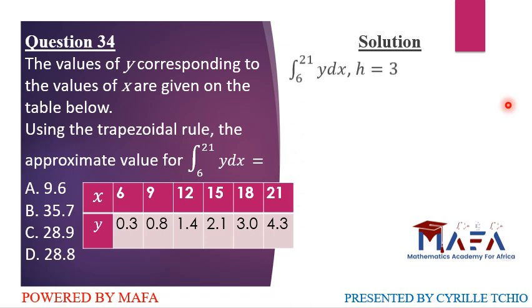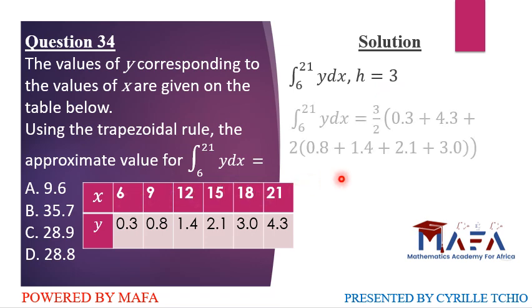So we are having this integral that we need to find. h is 3, because from here to here we are having 3, here to here 3, here to here 3, here to here 3, here to here 3. So we are having the integral from 6 to 21 of y dx equals h over 2, that's 3 over 2 into the sum of the ends,